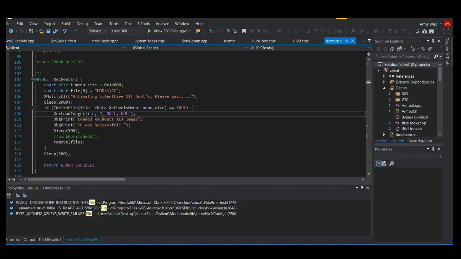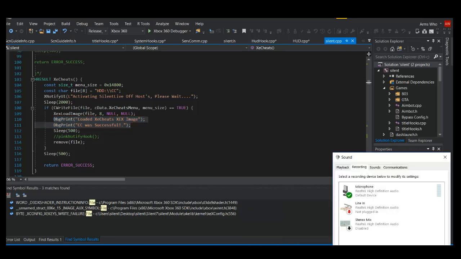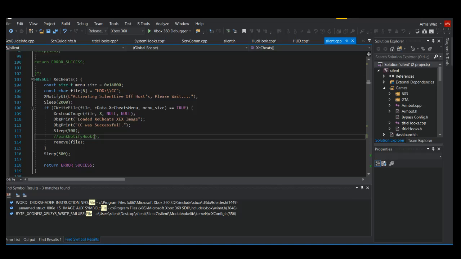It's going to load it as 8 characters long. So it's going to load this CC file onto your RGH. Now, after this is done, this just prints on your log file on your RGH. But after it